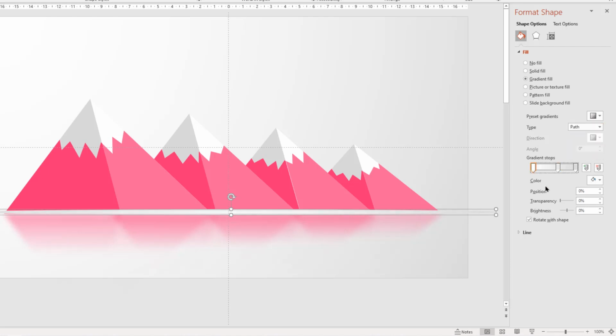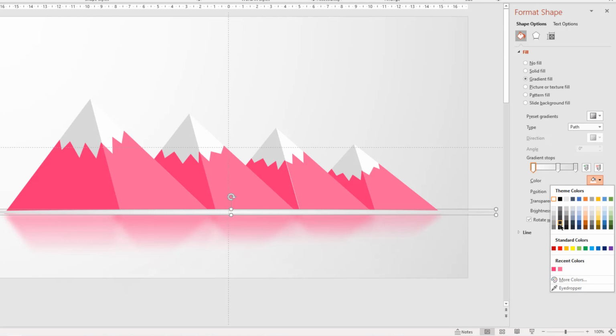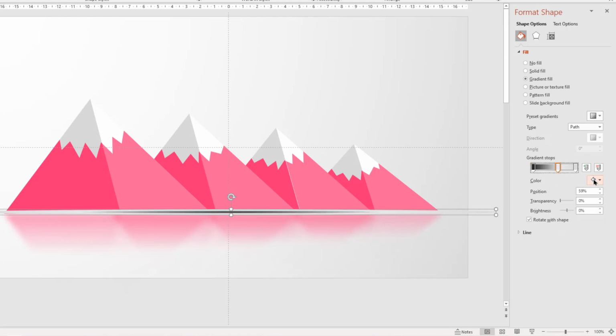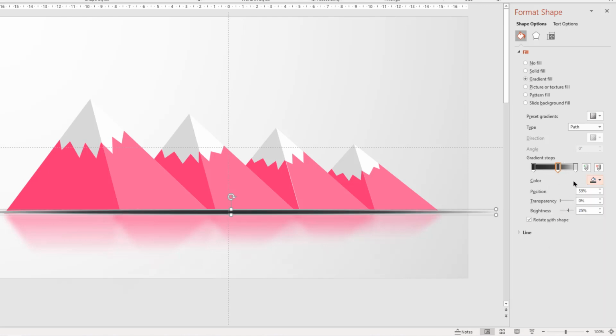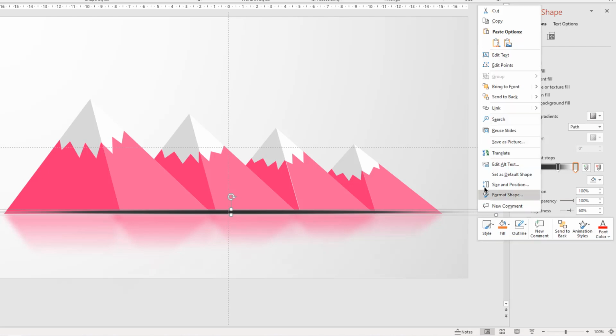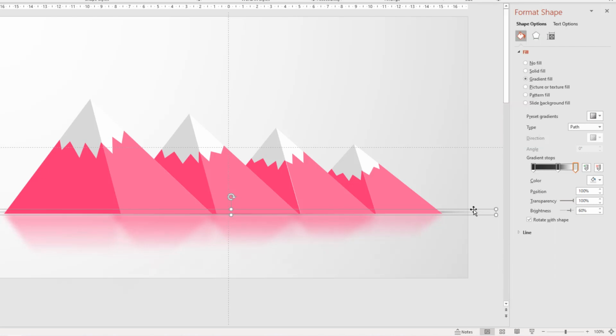Change first two stop colors to dark gray and increase the transparency of right side stop color to 100%. Send it to back and adjust the position until we get a thin line of shadow effect.